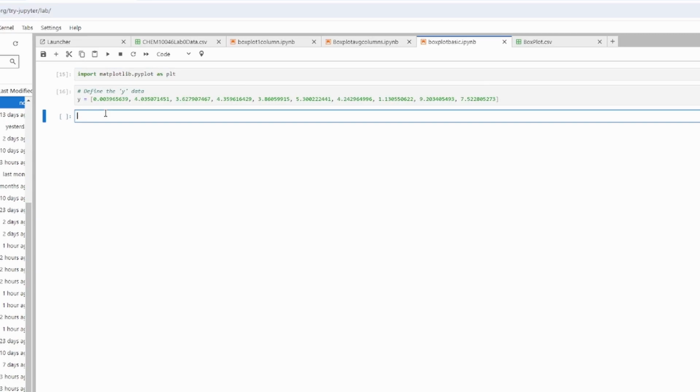So what we'd like to do then is create a box plot. We're using plt because we've defined matplotlib.pyplot as plt. So plt, and we'd like to make a box plot. We'll do that, and we want to do it on the variable y. So whatever we've assigned the variable y to, whatever column of data we've got here,